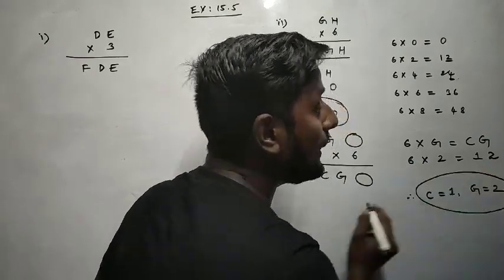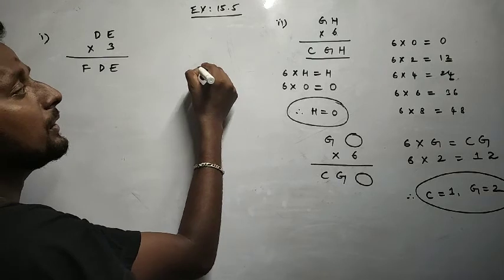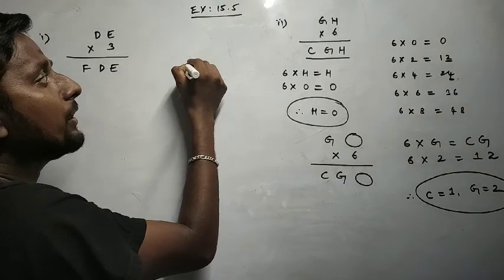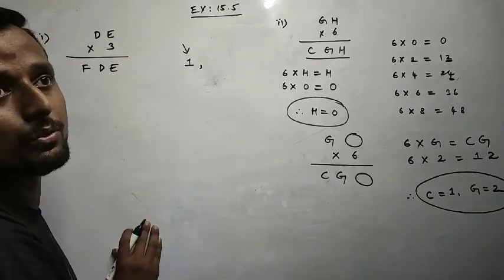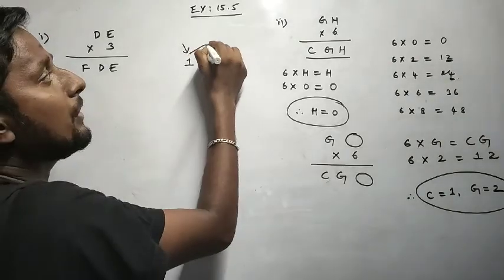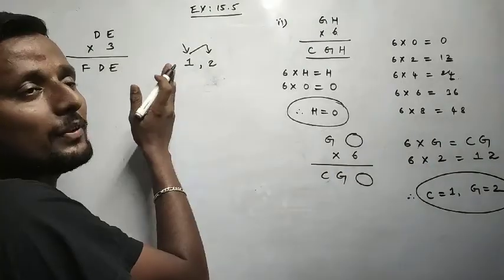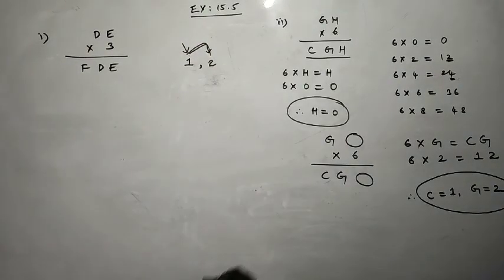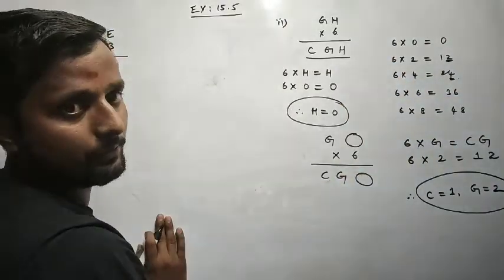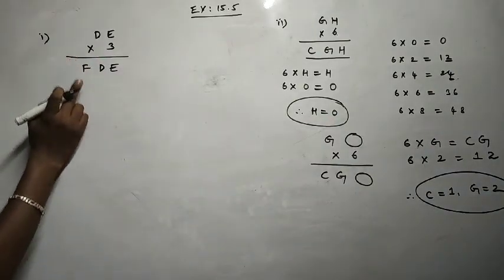Why should I go only with the least number? Because in the classroom, if you offered something rank wise, for rank 1 student, and he refuses it, the award goes to rank 2 student. Am I right? For example, if you want to give a 500 cash prize and the first person refused it, definitely we'll give that to the second person. So here also the condition is satisfied with 2. If 2 does not work, then we'll go to 4. So there we got the H value, C value, G value.